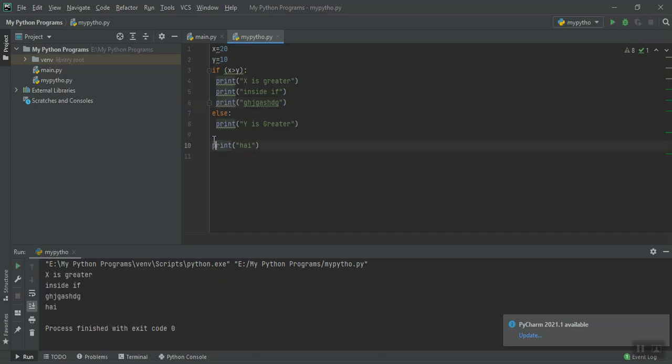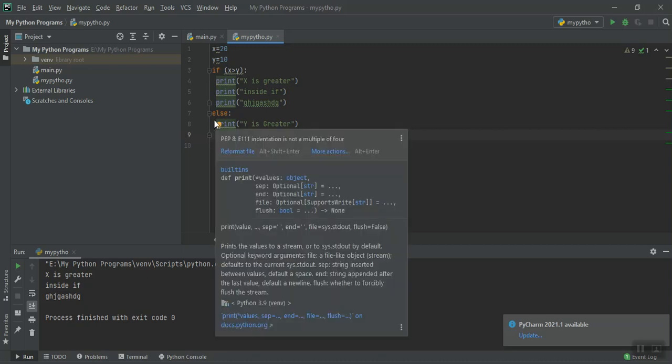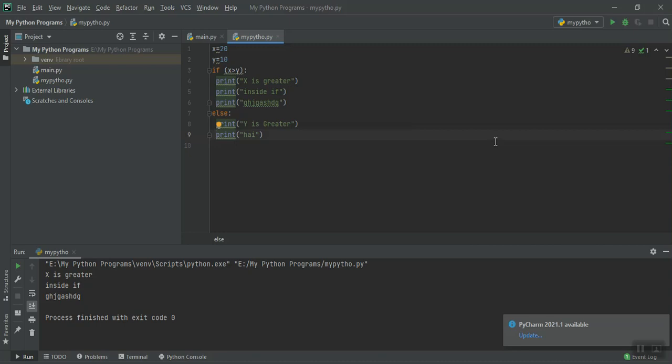For example, I'm not including this one, I'm leaving space. See here, x is greater inside if. So whatever comes in the same indentation will be treated as a statement inside the if. If you want to make it outside the if, it should be in the same line. That is your if part.